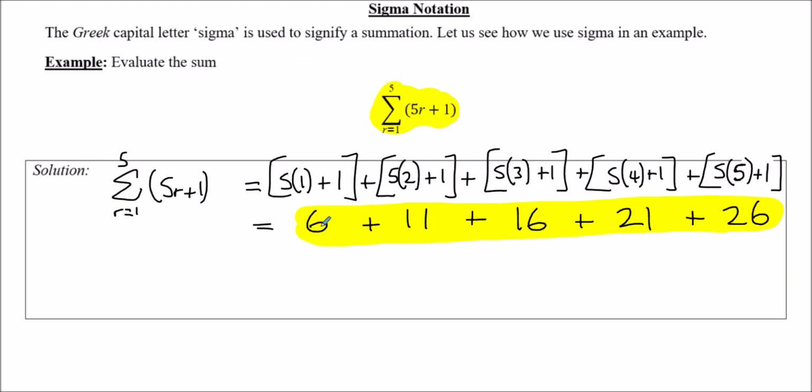So the first term, you can see, a is 6. That's what happens when we sub in r being the first value down here. So when r is 1, 5 times 1 plus 1 gives us 6. The common difference links to this 5. As you can see, the numbers are going up in 5s. So the common difference here is 5. And of course you can see it's arithmetic. The differences are the same each time. So for the sum of this one,